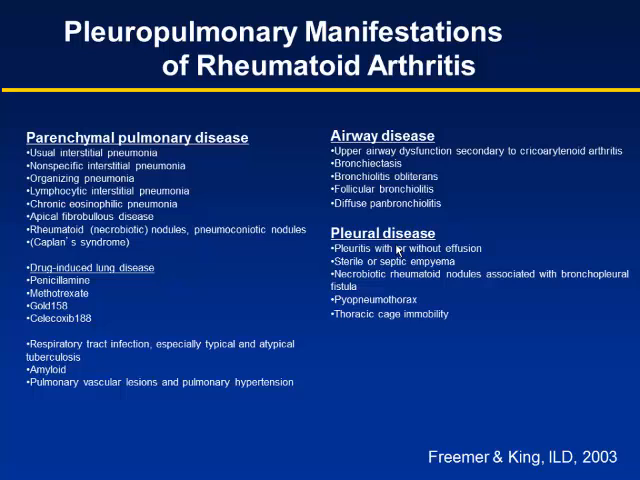For instance, parenchymal, you can get UIP even. We'll touch on that briefly. NSIP, these are all the biopsy results. You can get organizing pneumonia. You can get an LIP pattern. I don't know so much about the chronic eosinophilic pneumonia thing. It's probably just case reports. That's not very common, but you can get apical fibrobullous disease